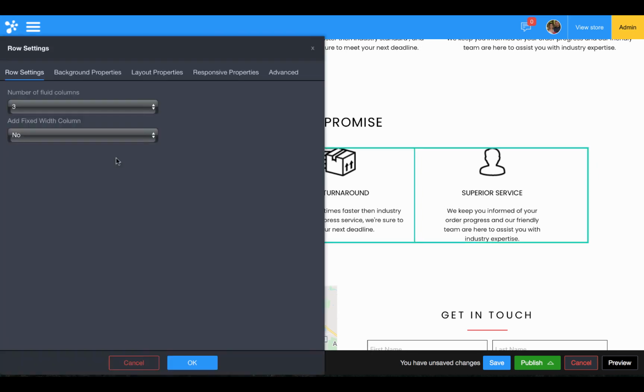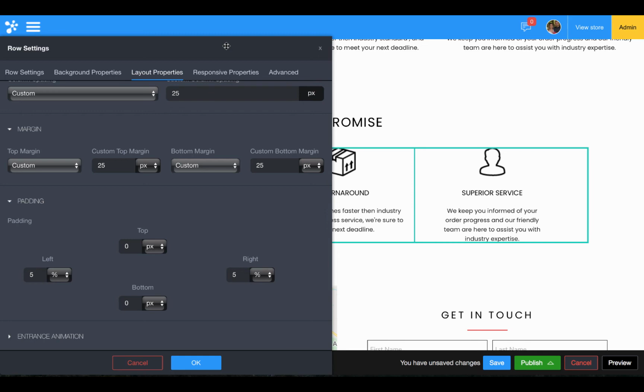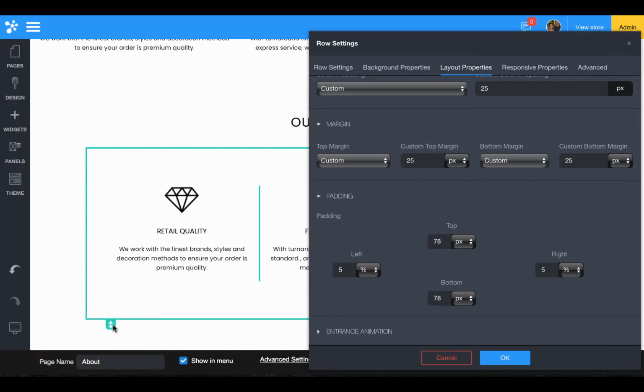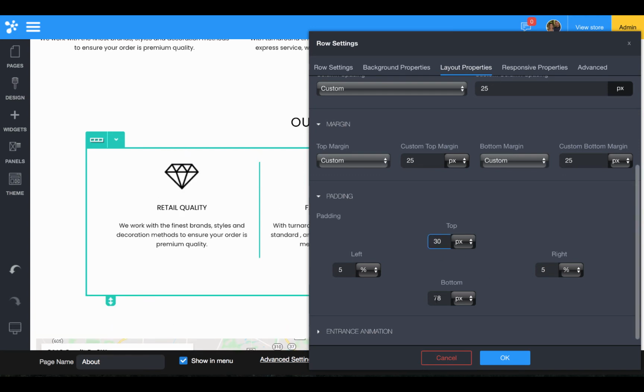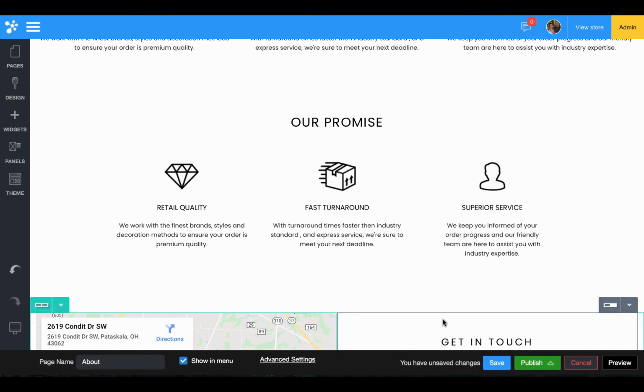If we look at the row settings, the padding has 0. It's hard for me to demonstrate this, but if I make it bigger, you can see it is actually changing. So you can expand the top and the bottom manually, and it will calculate here, and then I can override it at any point within here. Okay, so spacing